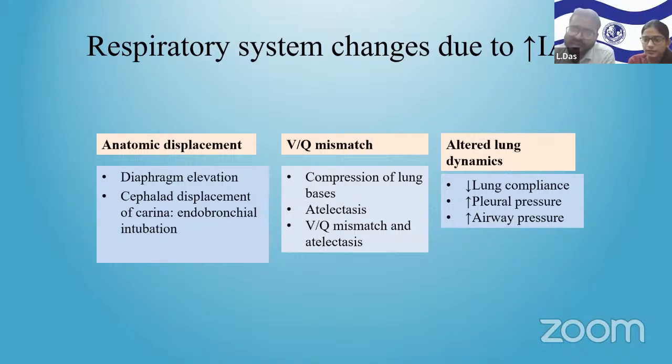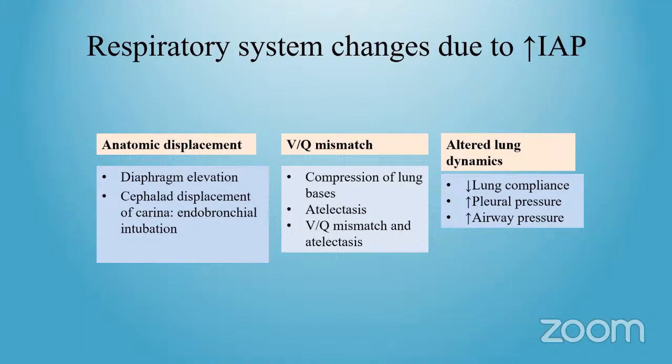It causes a cephalad displacement of the diaphragm, so the thoracopulmonary compliance would decrease, sir. Also, sir, the peak inspiratory as well as the plateau pressures would rise as pulmonary compliance would decrease. The VQ mismatch would occur. So these are the complications that could occur, sir.